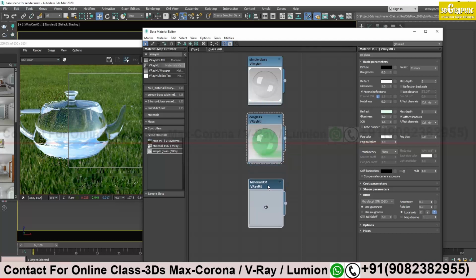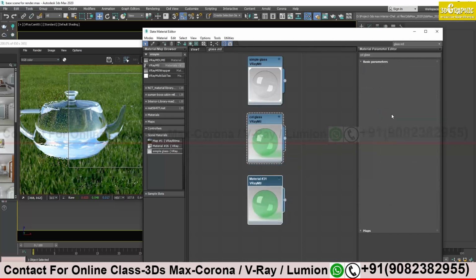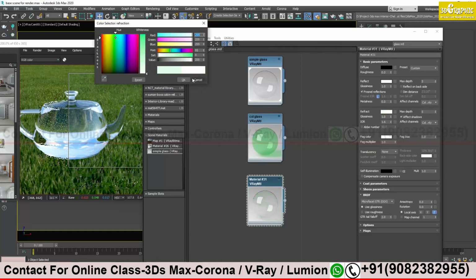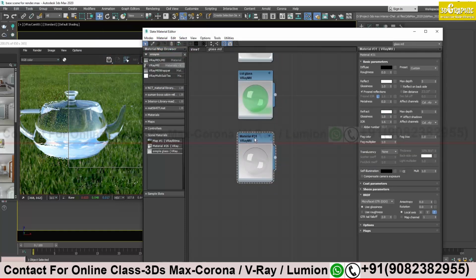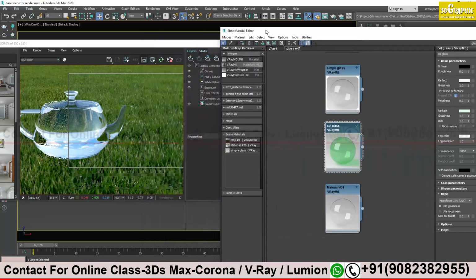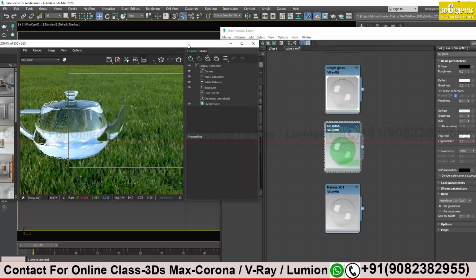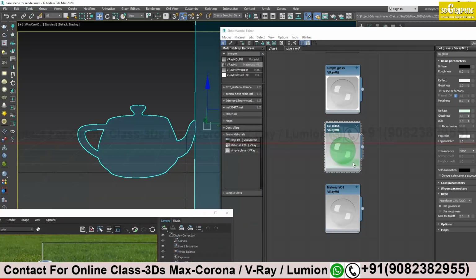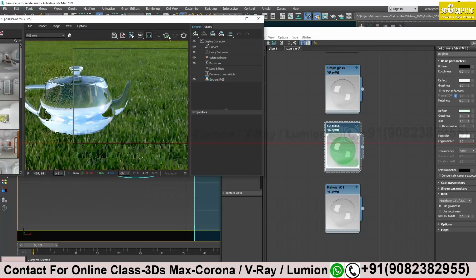Let me make a copy of this, and here I will make refraction white. I get this pure glass. Oh, it happens because I haven't applied this new material to my object. Hold on. Yes, I didn't apply the new one because I changed the material. Now let's apply this one. Let's see. You see, now we are getting a little colorful glass over here. Before it was white, now a little bit of green color is there.